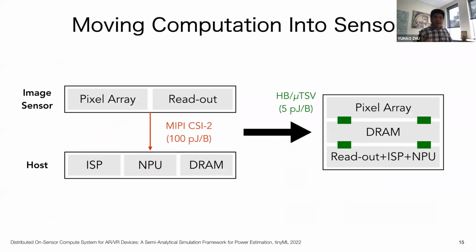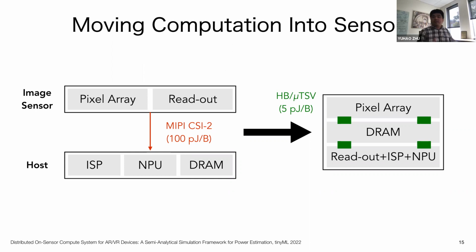So the very natural idea is to move computations inside the sensor. For instance, in the extreme case, let's say the downstream algorithm is an object detection algorithm. If I can completely run the object detection algorithm inside the sensor, all I have to transmit outside the sensor is just the object label and maybe the ROI location. That's the extreme case, but the idea is to move computation to the sensor.